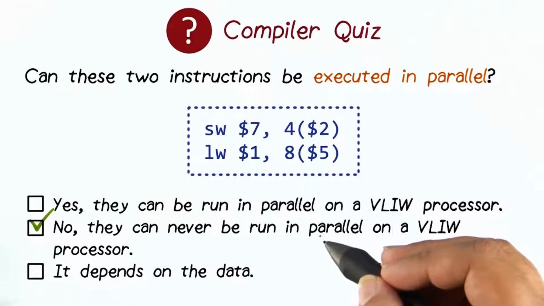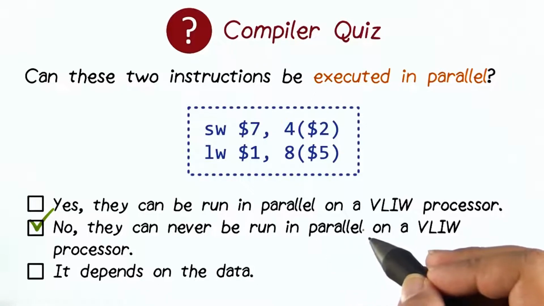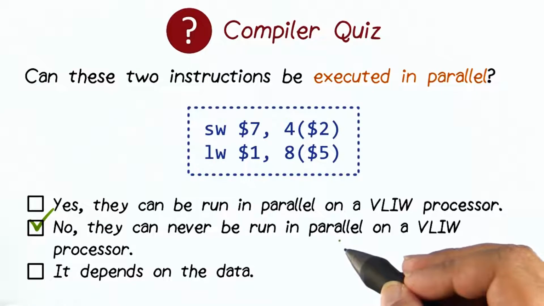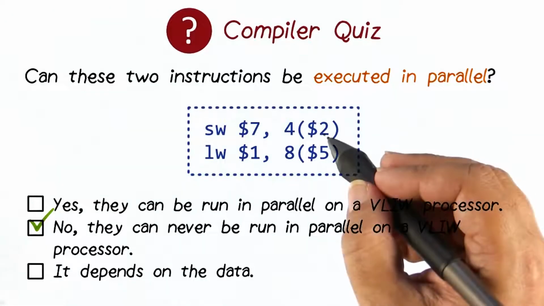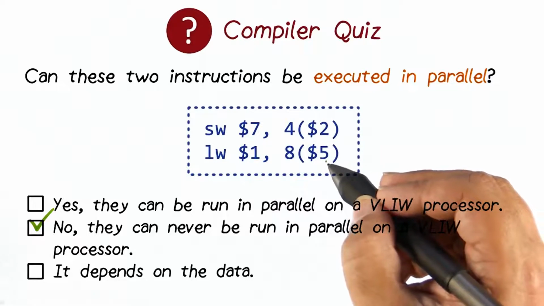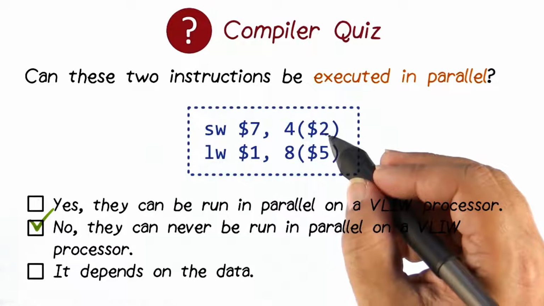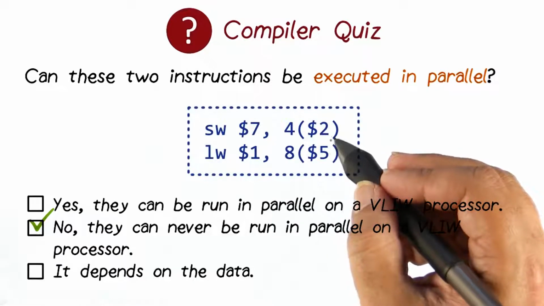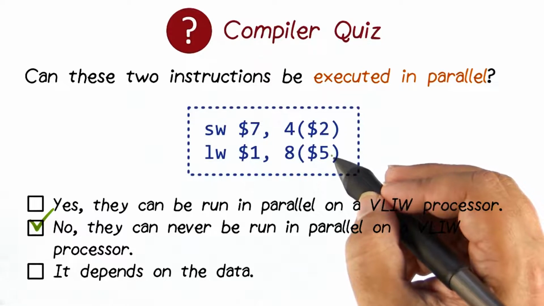And the correct answer is that no, they can never be run in parallel on a VLIW processor. What is the reason behind it? The reason behind it is very simple. Let the value of $2 be equal to 4 and let $5 be equal to 0. If that is the case, then these two instructions point to the exact same memory and you are writing into that memory and reading at the same time, which is not allowed, and therefore they cannot execute